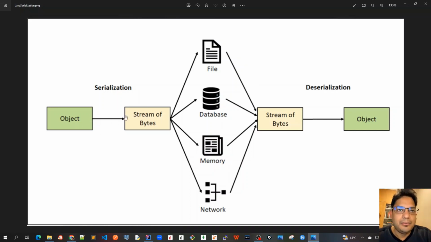We call ObjectOutputStream.writeObject and write this stream of bytes to a file, memory, database, or network. In our examples, we have mostly been using the file. Once we deserialize it back from the stream of bytes by calling ObjectInputStream.readObject, we finally construct the object, a deserialized object, which is actually a copy of the object which was saved before. After that, before we actually start using this object, suppose we want to validate some fields, because we